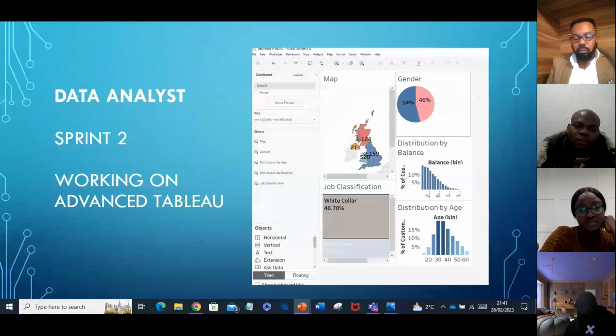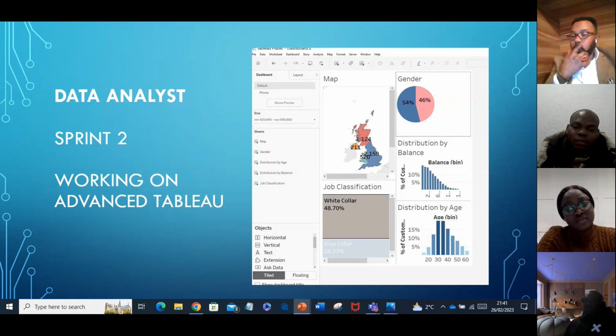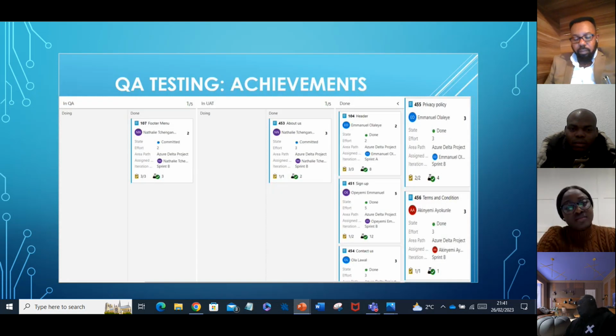Next page, please. And this is for our data analyst. So our data analysts, from last week to now, have proceeded with advanced Tableau, where we not only worked on data organization, but have been taught how to prepare a dashboard, which has been shown in different visualizations, as you can see on the board as well. We have learned the use of some mathematical and statistical functions to effectively give more meaning to our analysis. Thank you very much.